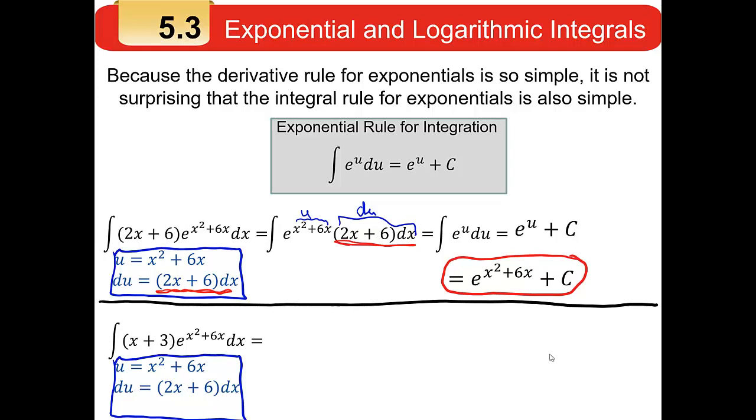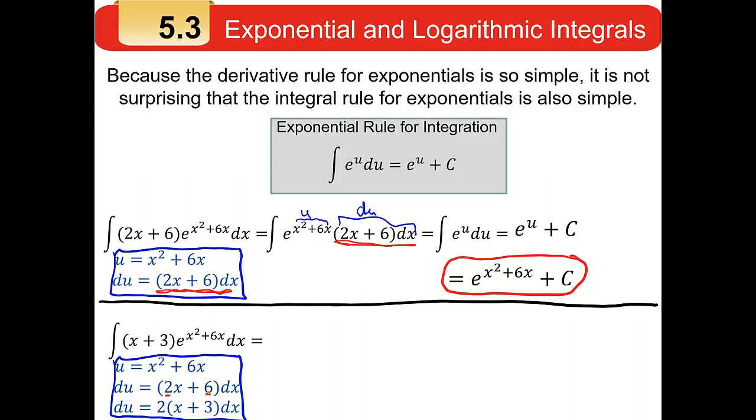But this time I don't have a 2x plus 6. I just have an x plus 3. There's got to be something that's going to get me out of that jam. And if you think about it a minute, you can easily see what it is. There's a 2 here, and there's a 2 inside that 6. I can factor a 2 out of that 2x plus 6 and get 2 times the quantity x plus 3